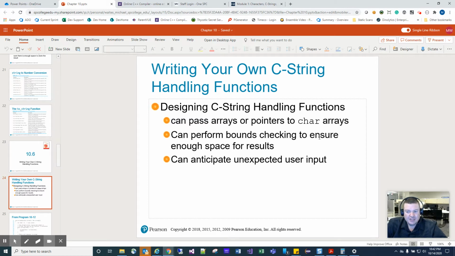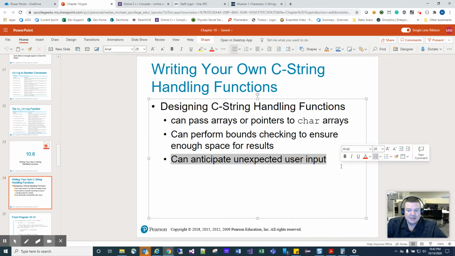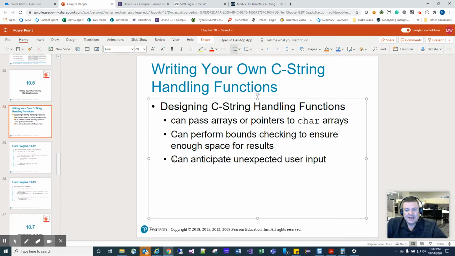You can perform the balance checking. Again, we know that most of the stuff that revolves around the C string does not do balance checking. You could write something to do some balance checking, and you can anticipate unexpected user input, which again, is a must. You've got to start getting good at this as you go forward in your development, and even in this class, there are definitely going to be times where I'm going to expect that you're going to do some checking anticipation for unexpected user input. And if you don't, I'm going to have to take some points off your assignment, because you've got to get good at